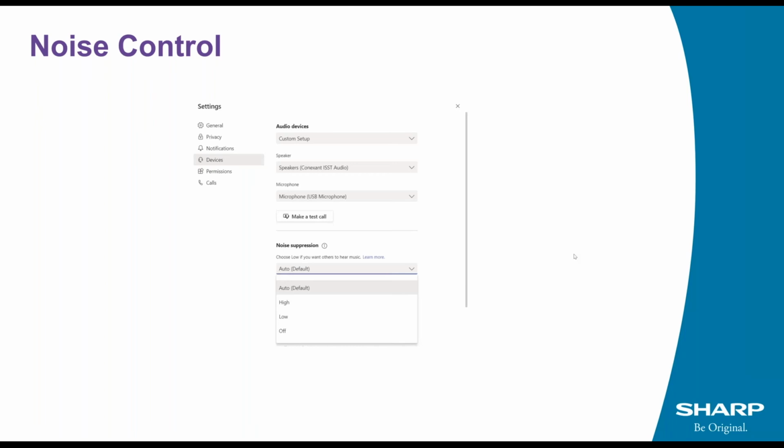There is now some nice new voice control for Windows, and we've tested this out on high. So if you have noise control off, I'm speaking now, and if I scratched open a packet of crisps, you'd hear a horrible crunchy noise. I've actually tested it and put it on high, and with the packet of crisps, the crisps couldn't be heard. So it really does do quite a bit of noise cancellation now, which is very useful if you're working in noisy environments, so people don't hear what's going on around you.